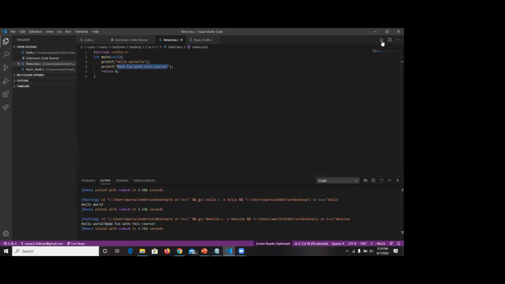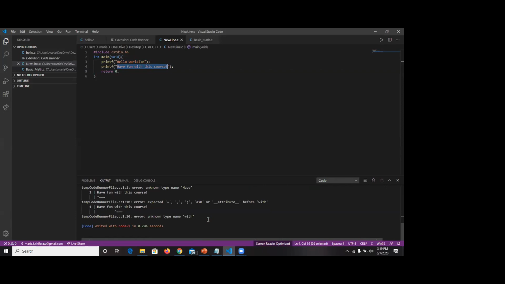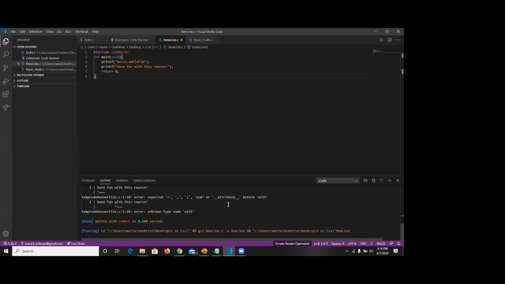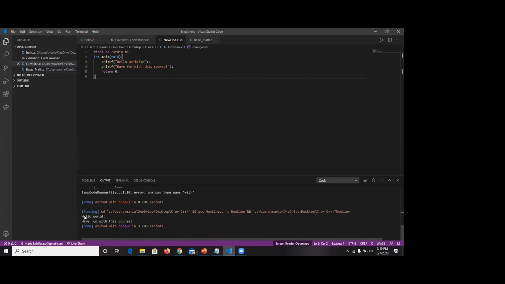So if we run this one, you'll see hello world, new line, have fun with this course. So this backslash n will just tell the program, oh, print out a new line,